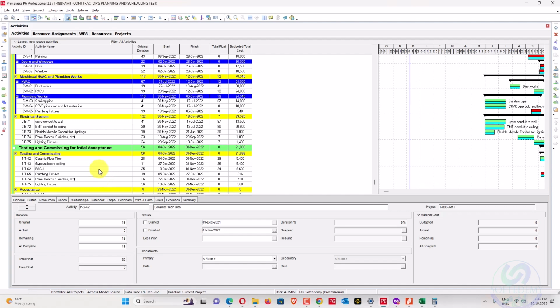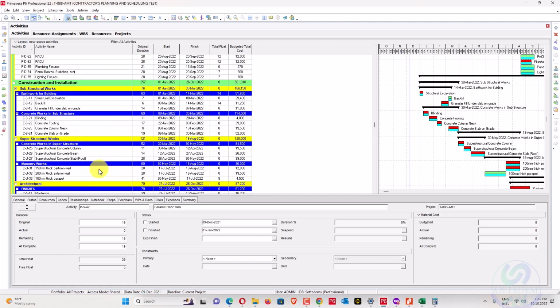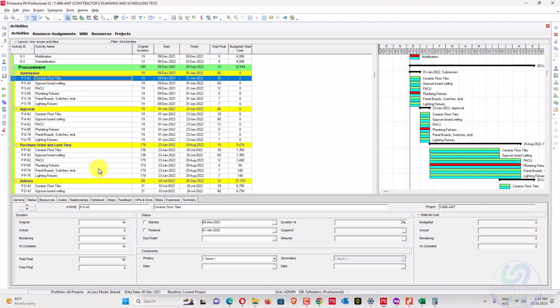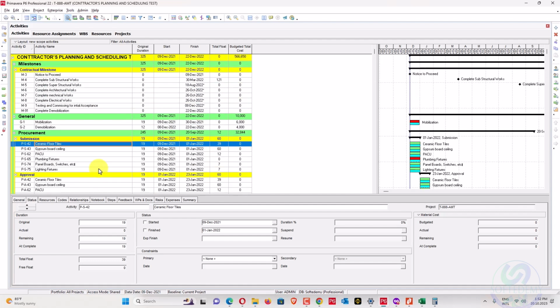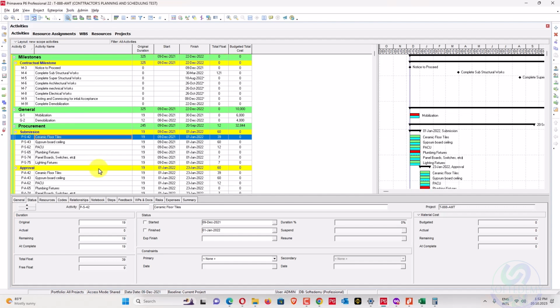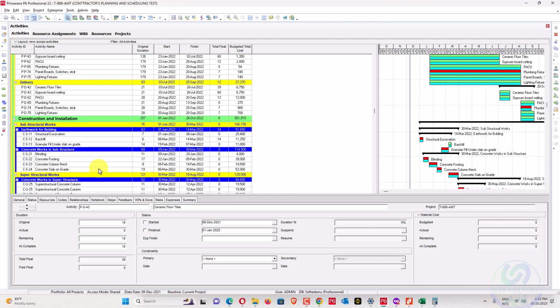The complete sheet will be prepared with weightages, like 25% for lead time, 25% for delivery, 50% for installation, and 20% for testing and commissioning. So what about the construction items?